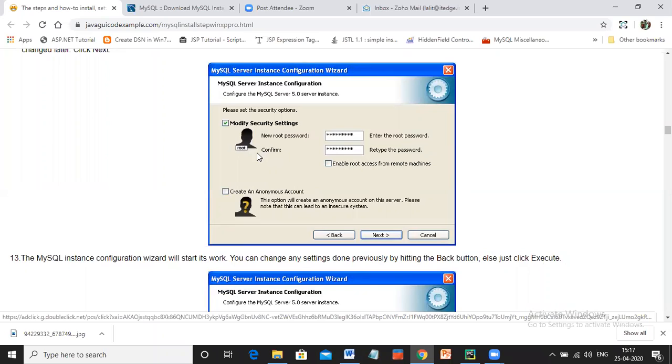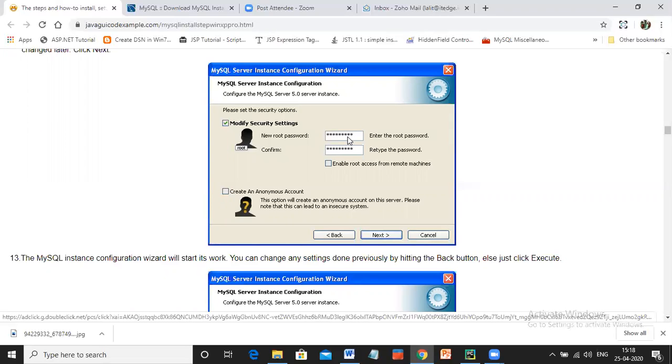Now the most important thing, it'll ask you for the password. This is the MySQL server, right? So if you want to get connected to the server, you need to have authentication. You need to have a password. Always remember, whenever you install MySQL, there will automatically be a user called root, which will be automatically created. You just need to give a password for that root account, or you can say the root user.